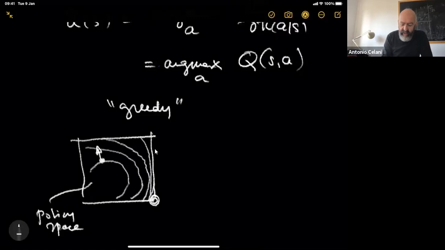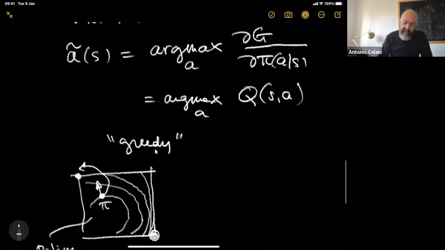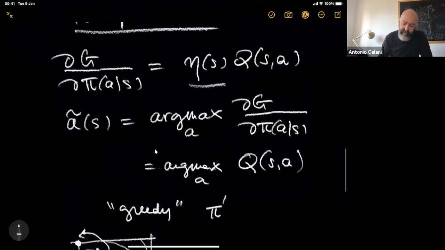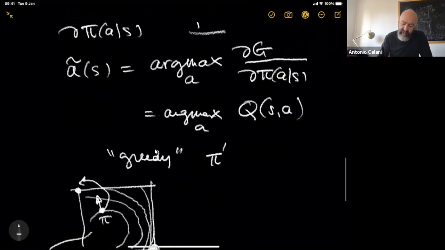Okay, so eventually your maximum is here, but if you start from some point here, maybe your gradient is pointing in that direction. So if you apply this algorithm, as a first step, it will send you here. This is what this is telling you. Pick a new policy, pi prime. If you follow the gradient like this, it will be